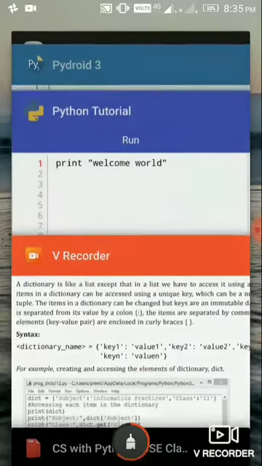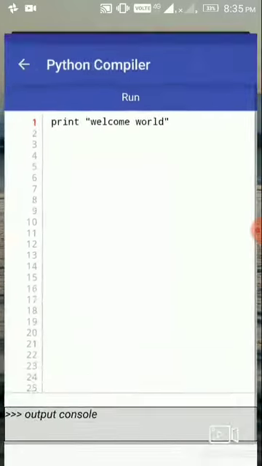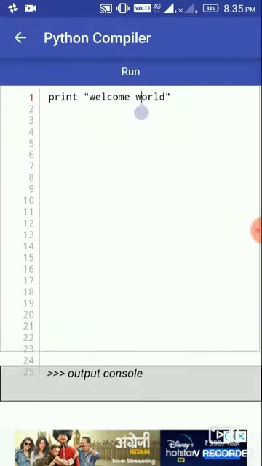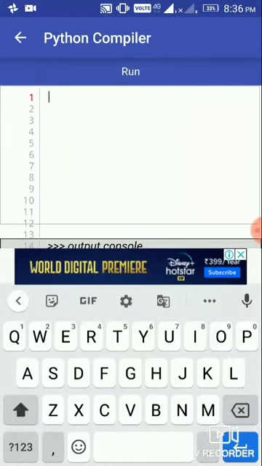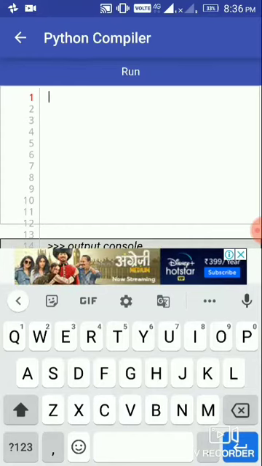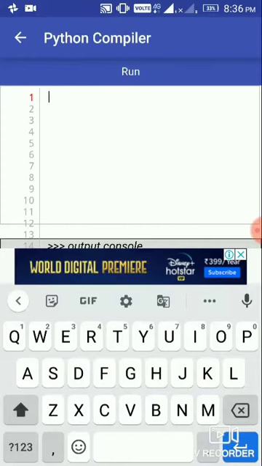So for the practical, I will open the Python compiler, and here we declare a dictionary and access its values.